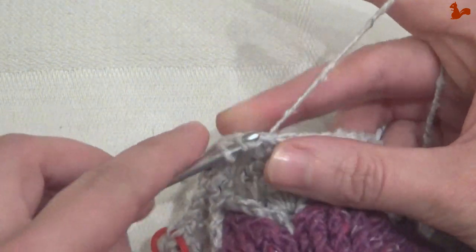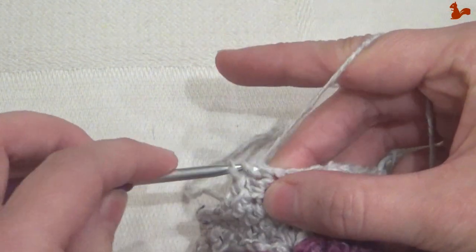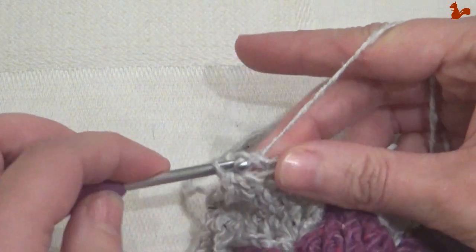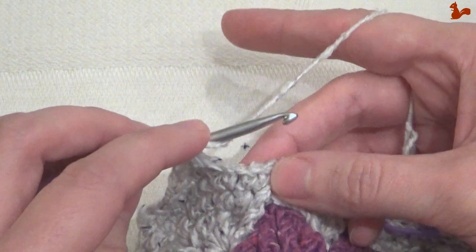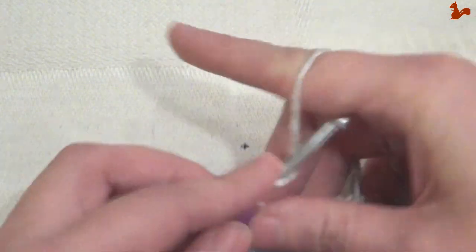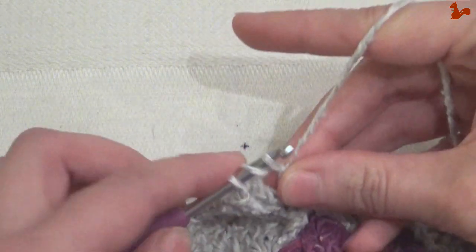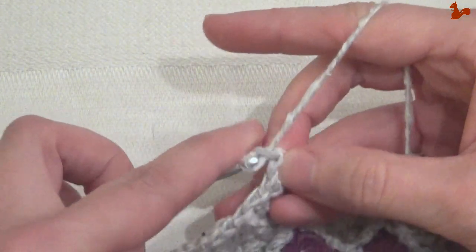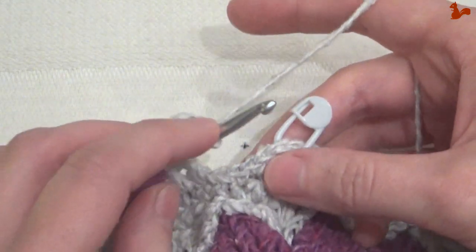Half double crochet on the next stitch, then followed by a double crochet on the next 2. So 1 and 2, and a treble on the next 2, so that's twice over, and then a treble, so 1, twice over, and 2. Chain 4. 1, 2, 3, 4, and now you're going to skip 4 stitches,